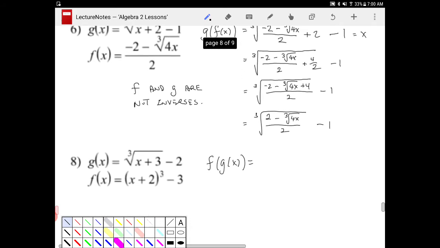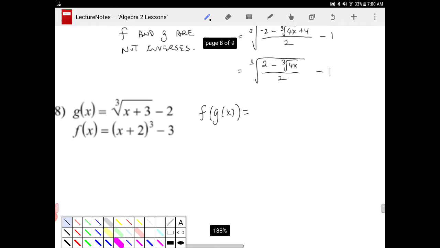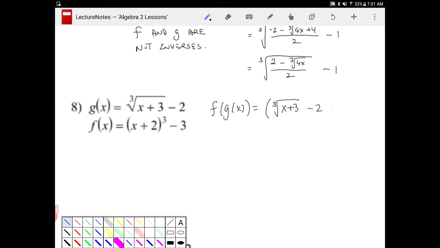What did I do in the last one? Yeah, I did g of f. So here, again, I take f, which is x plus 2, and instead of writing x, I want to put in cube root of x plus 3 minus 2. I'm replacing x with g. And then plus 2